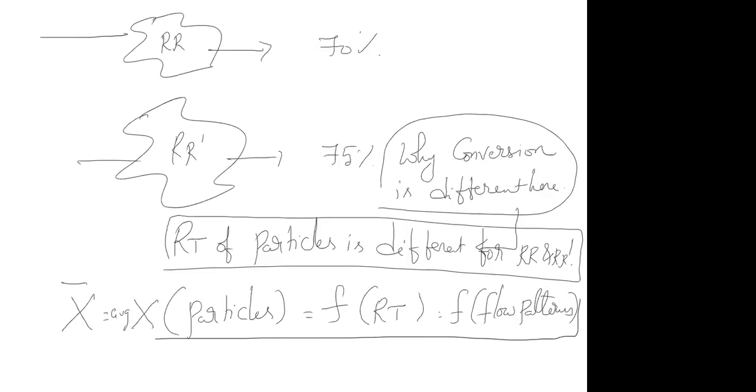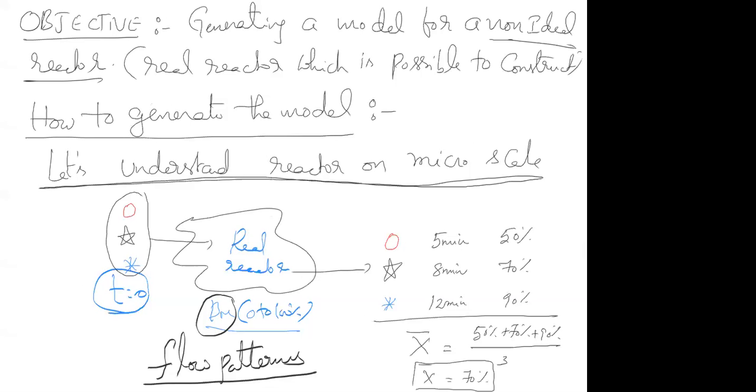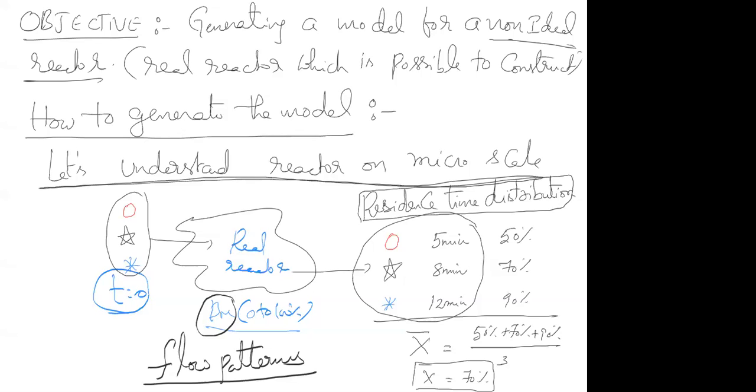Suppose I have two real reactors which have the same RTDs, or let's say the same residence time distributions. What you call this in the previous slide is called residence time distribution. Just understand the terminologies. This terminology is slightly tough, which makes chapter 4 slightly uncomfortable compared to CRE 1, not because of technical things but because of the terminologies. What do you call 5, 8 and 12 minutes? It is called residence time distribution. So this is how you understood the flow patterns.